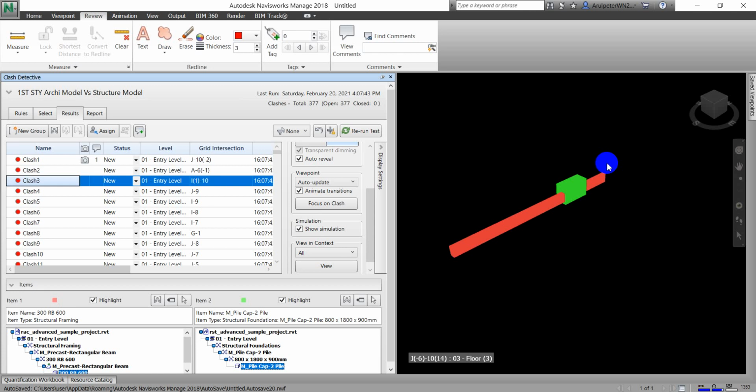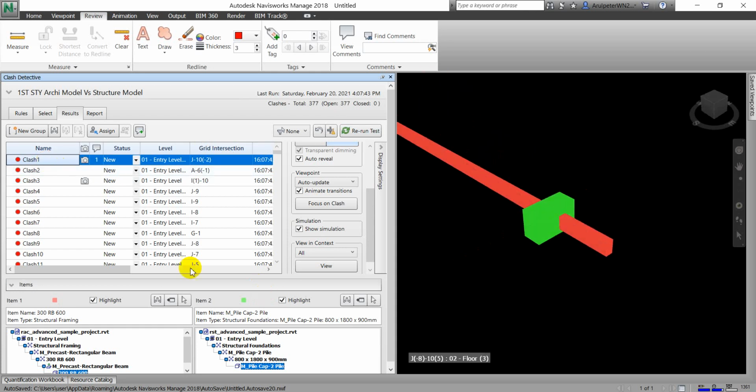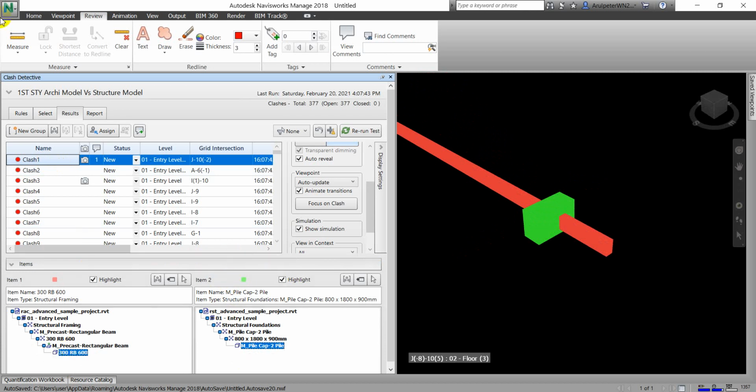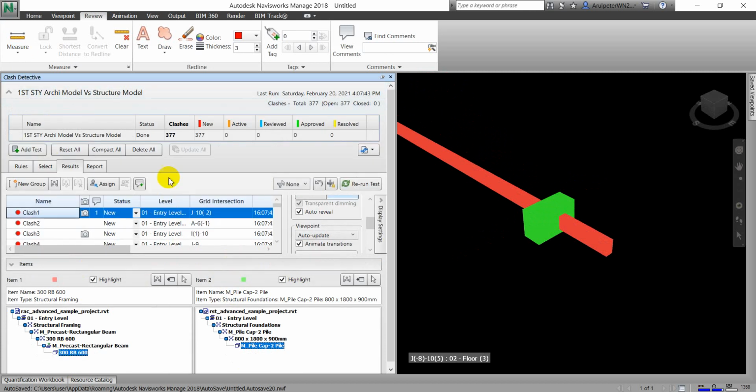So this will become 5 clashes. When we check the clash, we can create a group. This will be easier to check, and this will reduce the clash number. So I'm showing like that. I click the clash one, then I go to here, and then I will right click and group clash involving